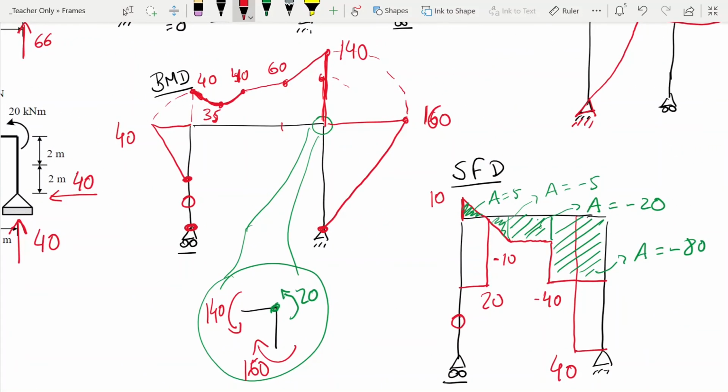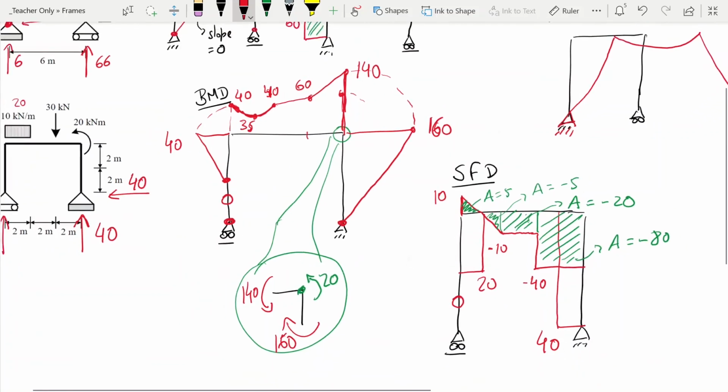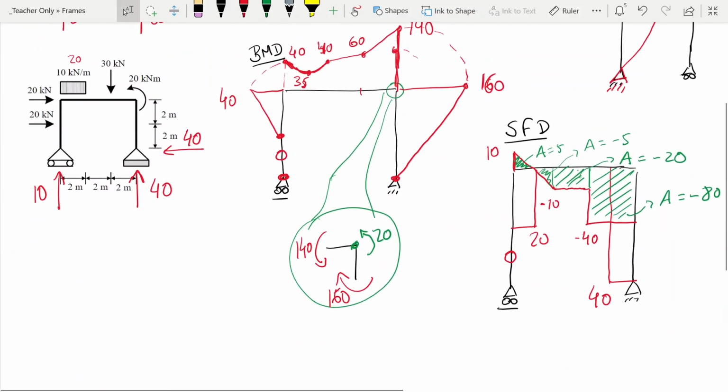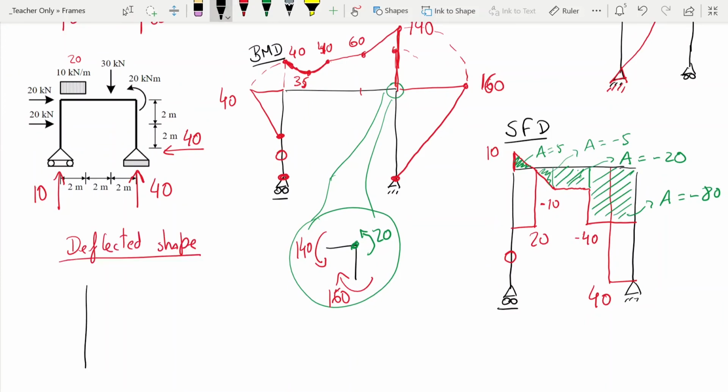We have slopes that are constant when we don't have UDL. When we have the UDL, then it becomes parabolic. So it looks pretty good. Now, final step is to do the deflected shape. I'm going to do it here in the corner. Here, we can say, okay, where do we have tension? Where do we have